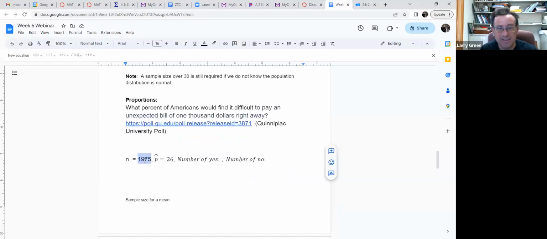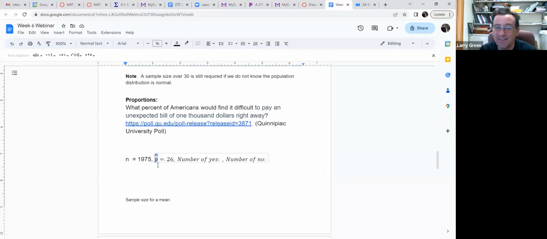And what they found, this is from the Quinnipiac University Poll. They do a lot of surveys, so they're a good one to use. They sampled 1,975 people. And by the way, they used a variation of stratified sampling. Again, I'm not going to go through the whole article for you, but you can trust me on that. You can read it too, I have that link, or you can just look it up.